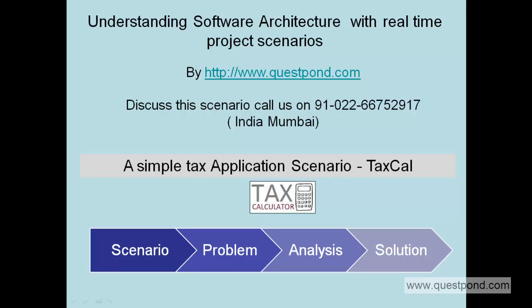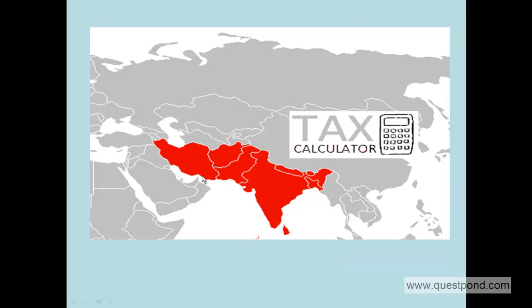Now, this is a very interesting project scenario, and the solution of this scenario is used mostly when you're looking for decoupled components, and in case of changes and new modification, you only want to modify concerned areas and not the full application. So what is this scenario all about actually? The scenario is very simple.